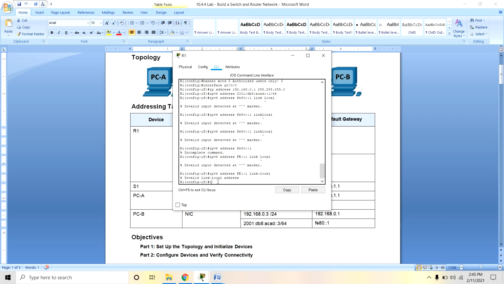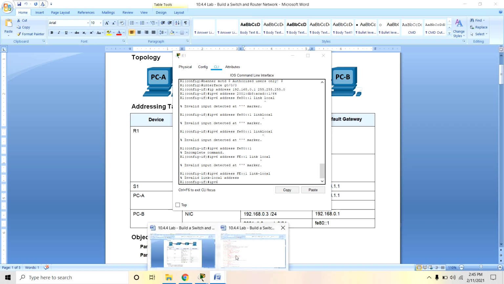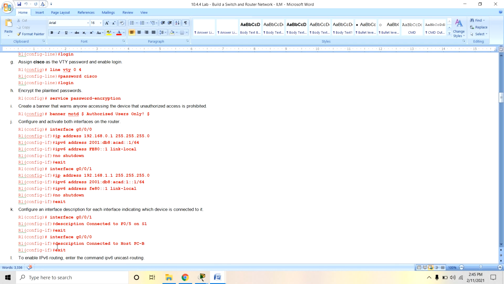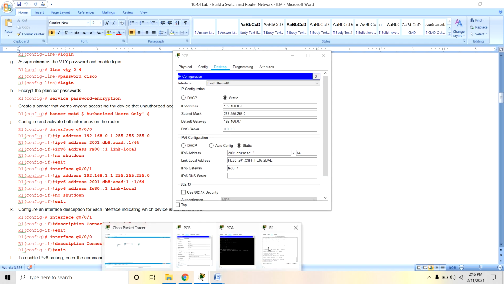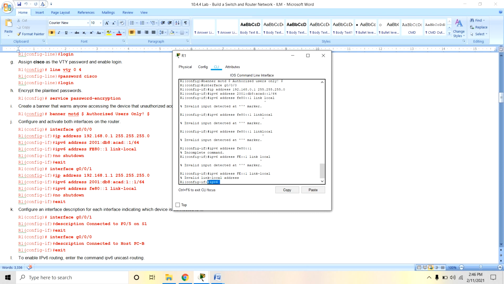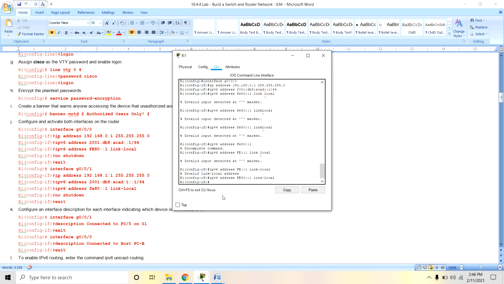Okay, again I will try here IPv6. Yes, you have successfully entered.